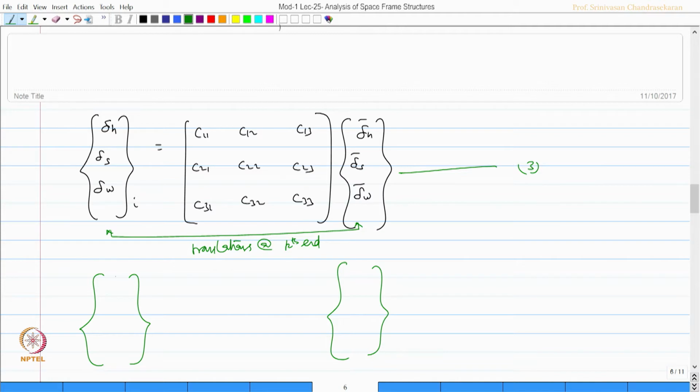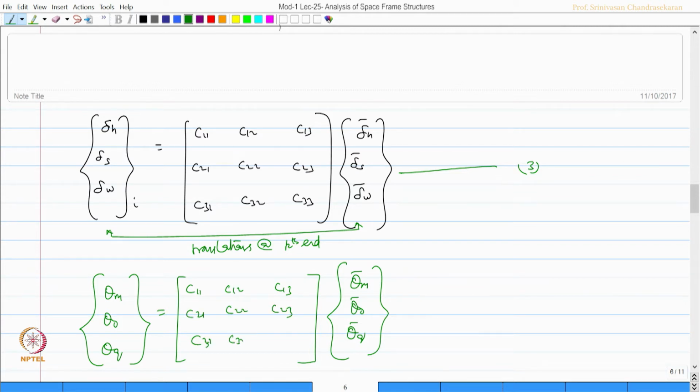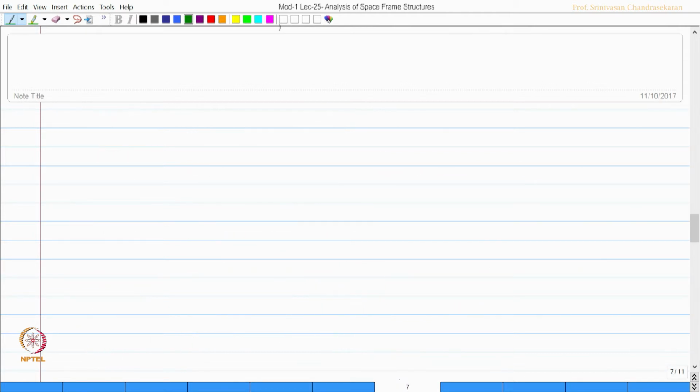Similarly, I can also connect rotations at the kth end, which will be theta m, theta o, theta q, theta m bar, theta o bar, theta q bar, by a matrix C 1 1, 1 2, 1 3, 2 1, 2 2, 2 3, 3 1, 3 2, 3 3, equation 4. So, now I can combine all these 4 equations and write in one form. It will be